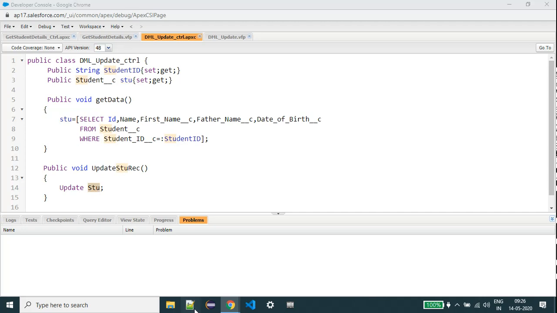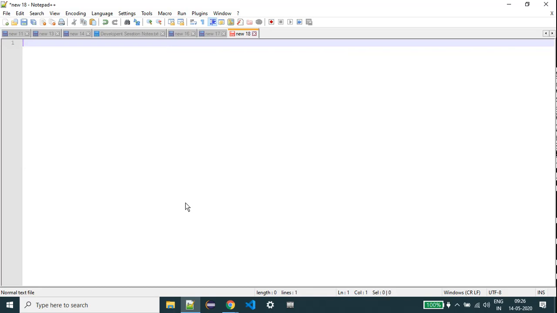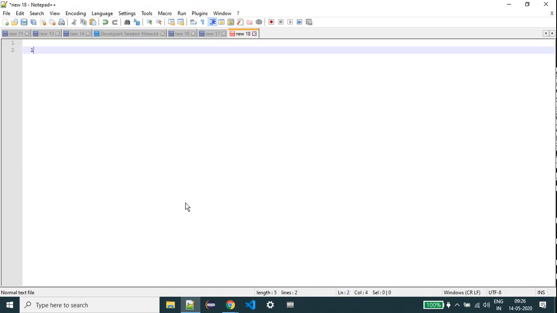So now your tasks will be, so here you can practice. Task one. You can use your wish, either standard object or custom object. So display latest created.